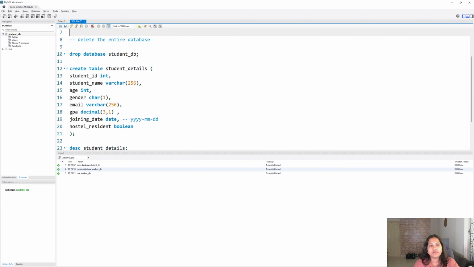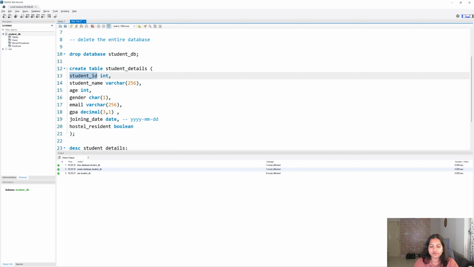Okay, so now to create the table student_details, the first thing is your student ID. Okay, so imagine student ID is an integer. And one more thing is that ID numbers cannot be duplicates, which means two students cannot have the same ID.